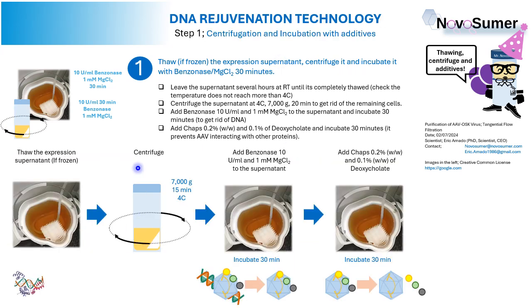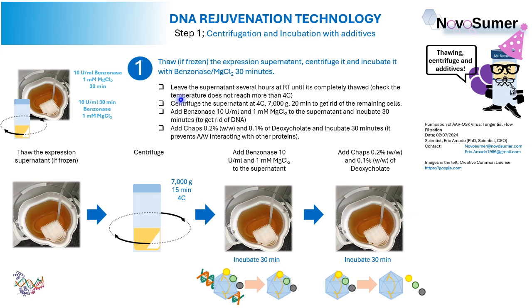Okay, let's see the first step. The first step is centrifugation and incubation with additives, as I told you in the previous slide. So what we have here, let's read with me. The expression supernatant, if it's frozen, is thawed, centrifuged and incubated with benzonase and magnesium chloride for 30 minutes, and afterwards another 30 minutes with the detergents. Okay, so let's go